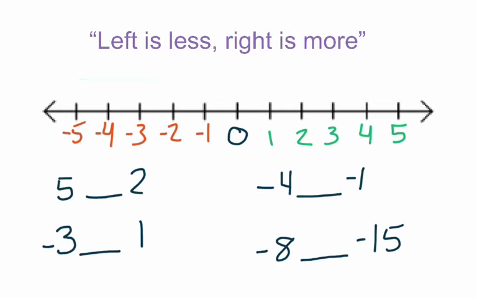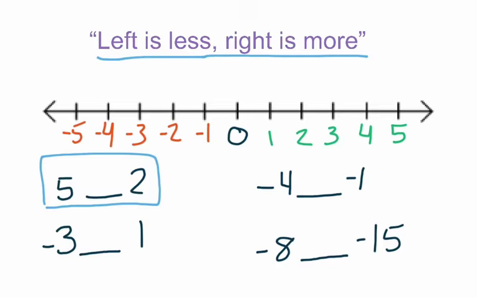One way to think about comparing integers is that if you graph the integers on a number line, left is less and right is more. You do not always have to graph these on a number line, and that's just one strategy. So for example, if we were doing this first problem comparing 5 and 2, if we graph both of those on our number line, 5 would be right here, 2 would be right here. Now we know that 2 is on the left and 5 is on the right, so 2 is less,